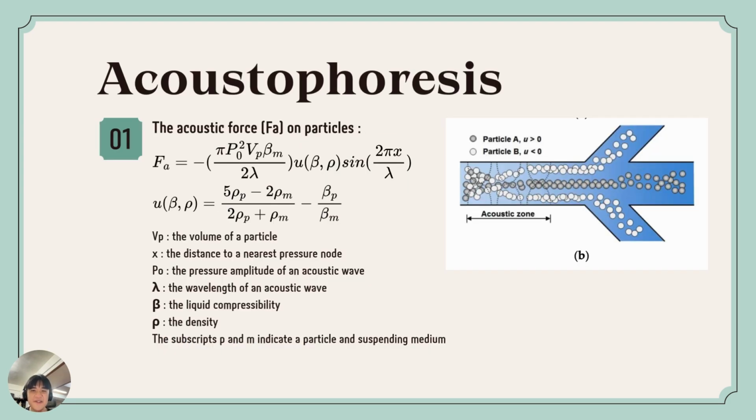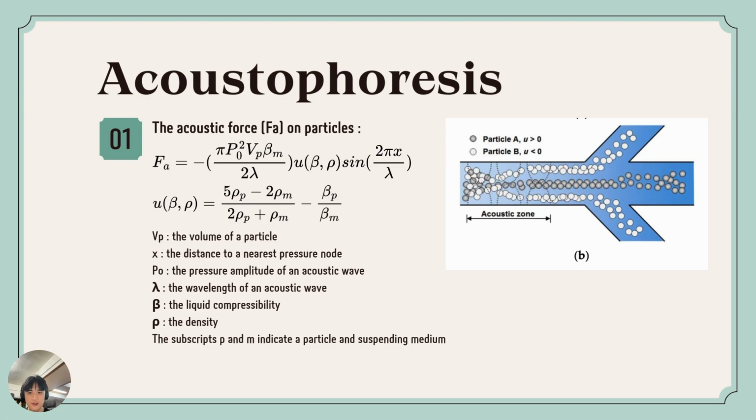Okay, so acoustic waves with varying pressure profiles induce the movement of suspended particles relative to a stationary fluid, exerting an acoustic force on the particles. Such particle migration is defined as AP. Okay, so the acoustic force on the particles is given by the first formula on the PowerPoint. Particles under the influence of an acoustic wave are pushed to either the first, the pressure nodes, or the second,